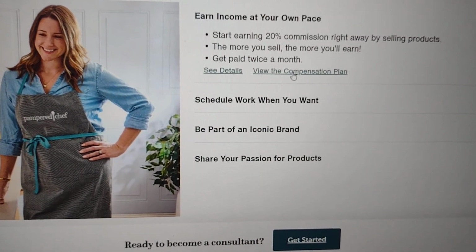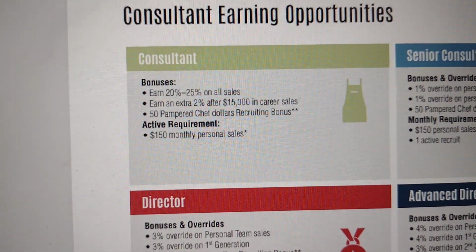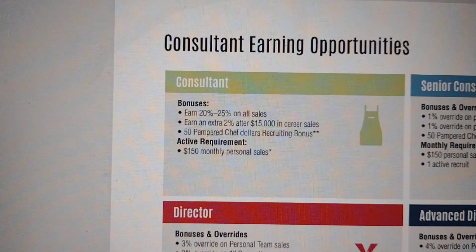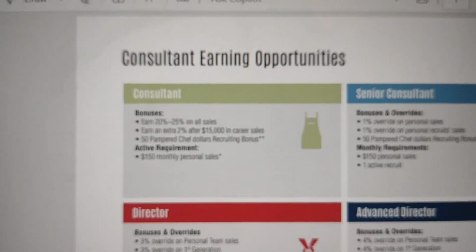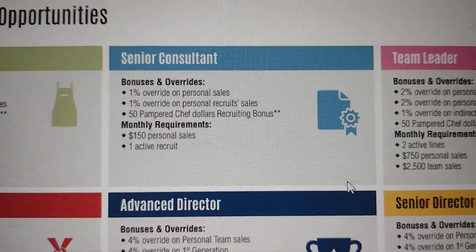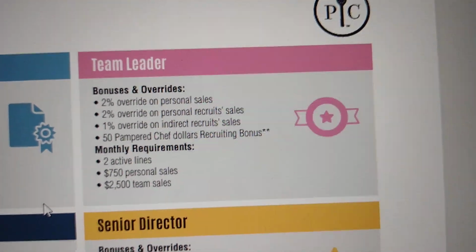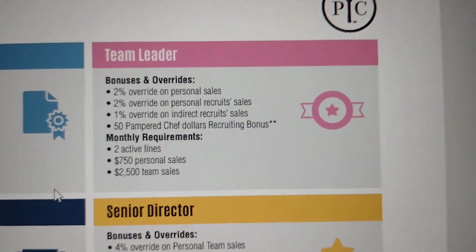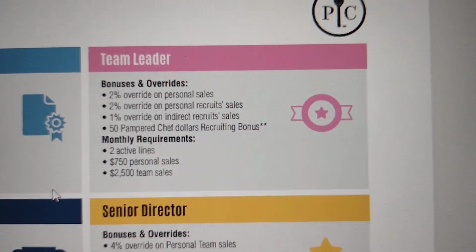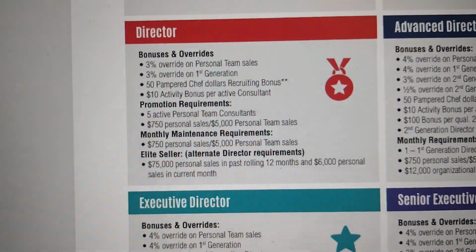So I'll go ahead and click on View Compensation. And as you can see, these are different earning levels. So to remain a consultant, you're going to need $150 worth of sales, which is not very hard. Senior consultant, still going to need $150 worth of sales a month and 1 active recruit. Team leader, going to need 2 active lines, $750 personal sales, and now you're going to be a team leader, so your team needs to have overall sales of $2,500. That's not too bad,